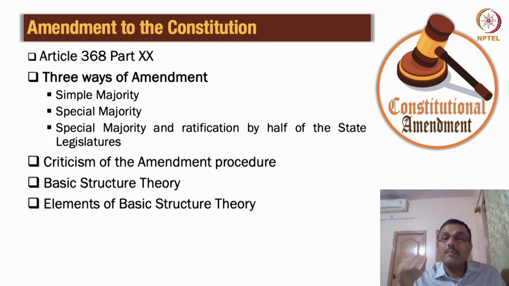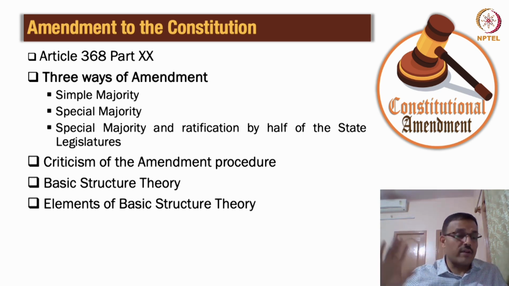So the Parliament reacted very strongly to the Golaknath case, and they superseded the Golaknath case by bringing a new amendment to the Constitution, which is called the 24th Amendment, and said we have all the powers, including taking away the fundamental rights, and you can't include this in Article 13. So they neutralized whatever the Supreme Court decided in the Golaknath case. Now, in the Keshavananda Bharati case in 1973,